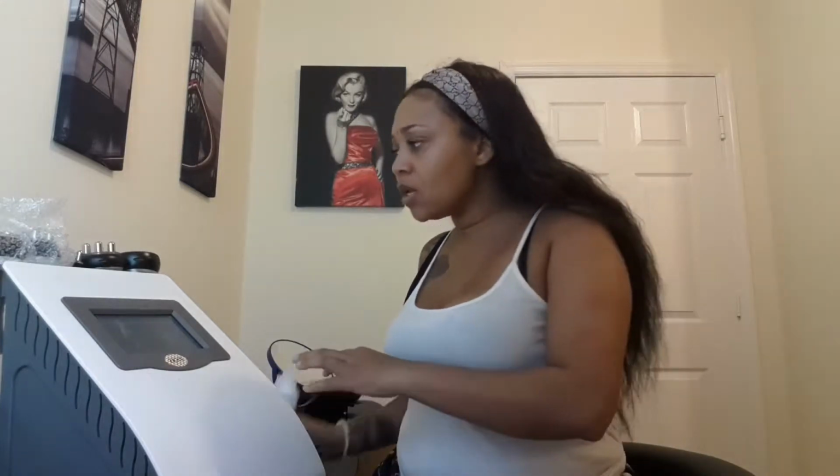So what we're going to do is apply this gel onto my face, and each session is like 30 minutes. So I do 15 minutes on one side and 15 minutes on the other side. So today I'm going to use the bigger one, which is the